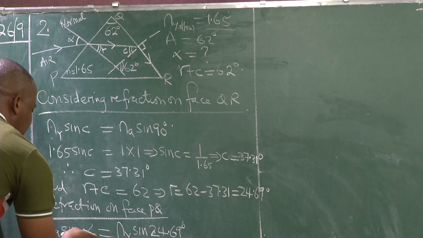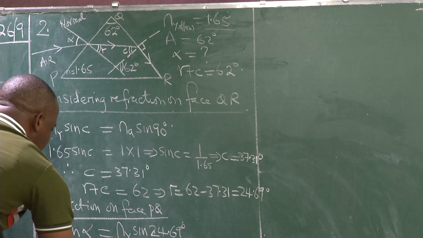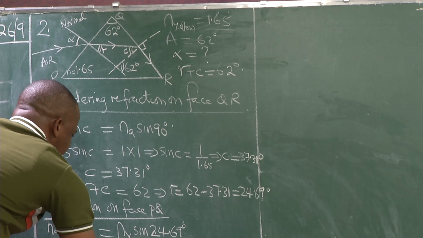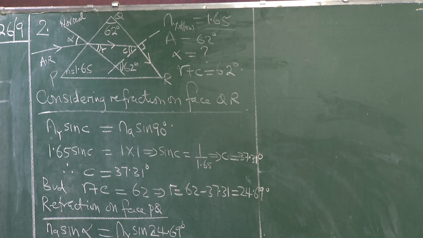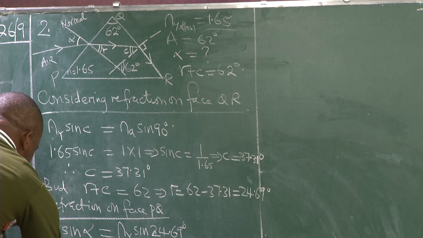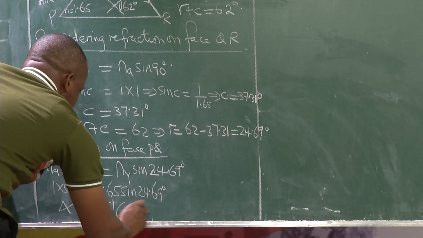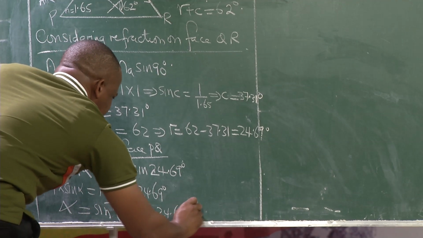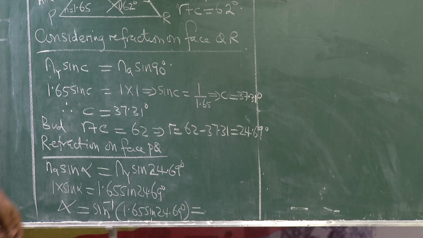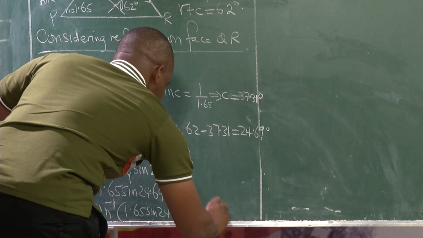Our interest is alpha, so 1 times the sine of alpha will be equal to 1.65 times the sine of 24.69 degrees. If you compute, alpha will be equal to the arc sine of 1.65 sine of 24.69 degrees. And when you compute using your calculators, that should give you a value of